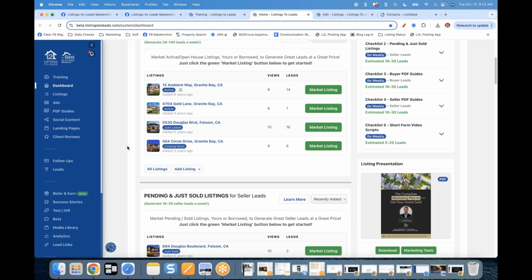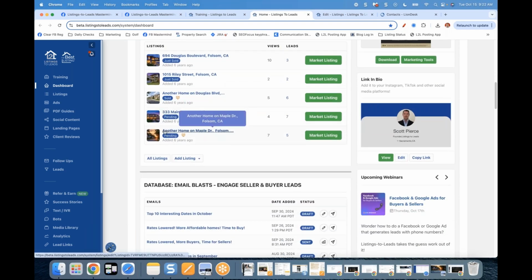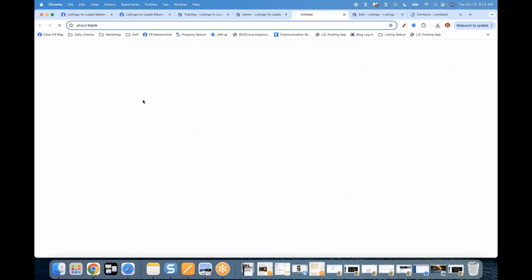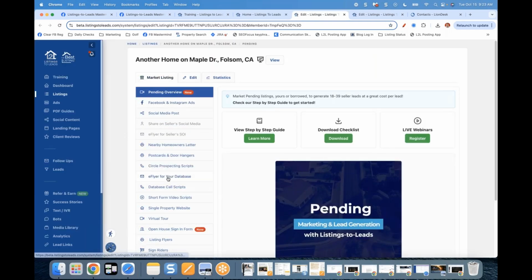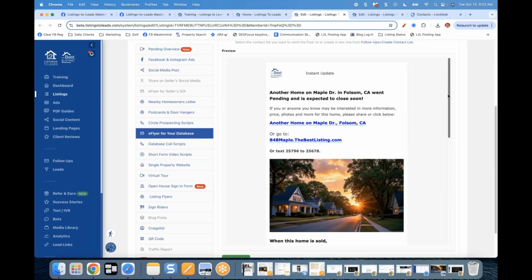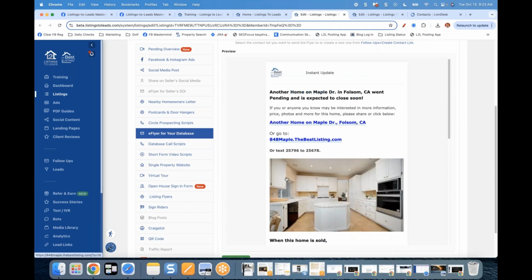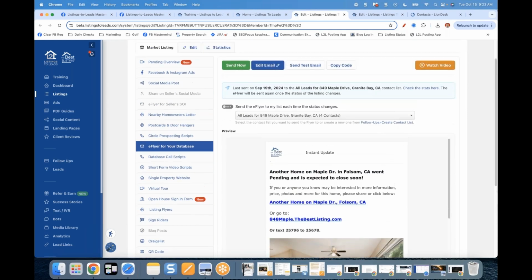If you're not going to talk about it, then you're just going to take longer to get there, right? Pending and sold right here on the dashboard. Here's a pending listing or sold listing. I'll use this one. Here's a pending listing. You may not be able to see it on my screen, but it's a pending listing here. And it's got that little symbol showing that it's a borrowed listing. I click market listing. Again, eFlyer for your database. And even though this is not my listing,